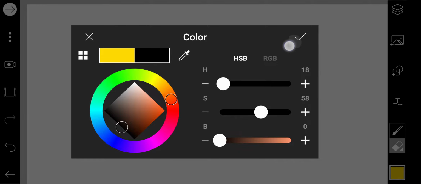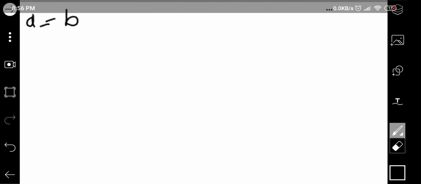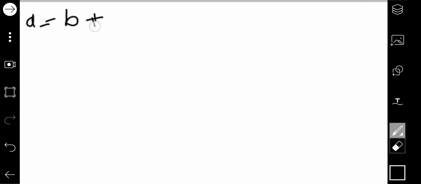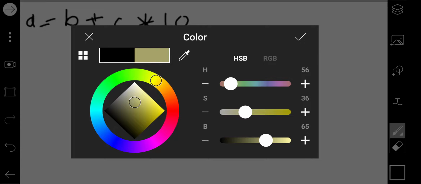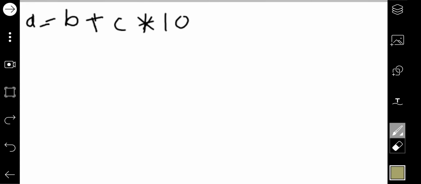Okay, so for example, suppose the code initially was written like a equal to b plus c into 10. Suppose this was your code. After going through the lexical analysis, you will find this output first.